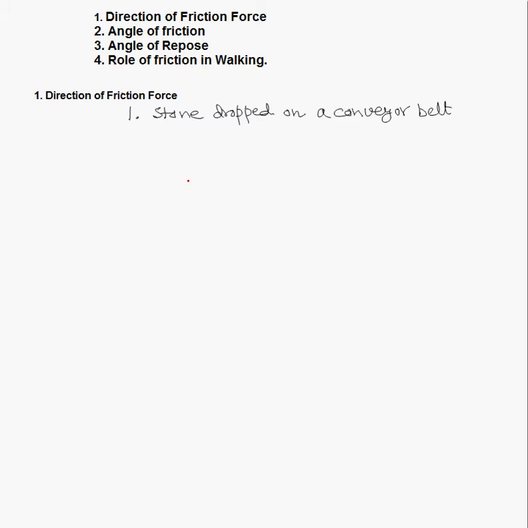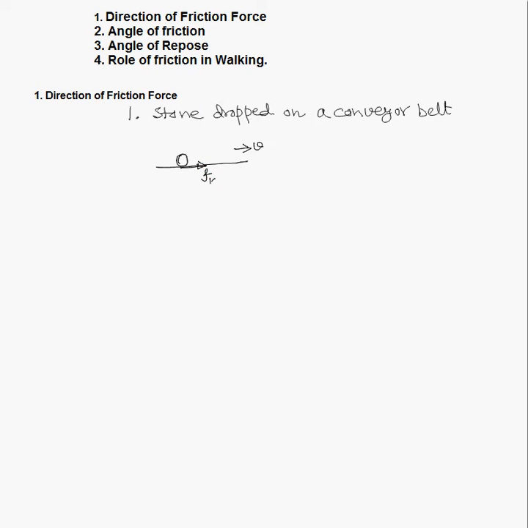Let us consider a stone dropped on a conveyor belt. Let the conveyor belt be moving rightward with a constant speed v, and a stone is dropped gently on the belt. As initially the stone is at rest from the ground frame, but the belt is moving rightward, relative to the belt the stone is moving leftward, and hence the force of friction that will come into play on the stone